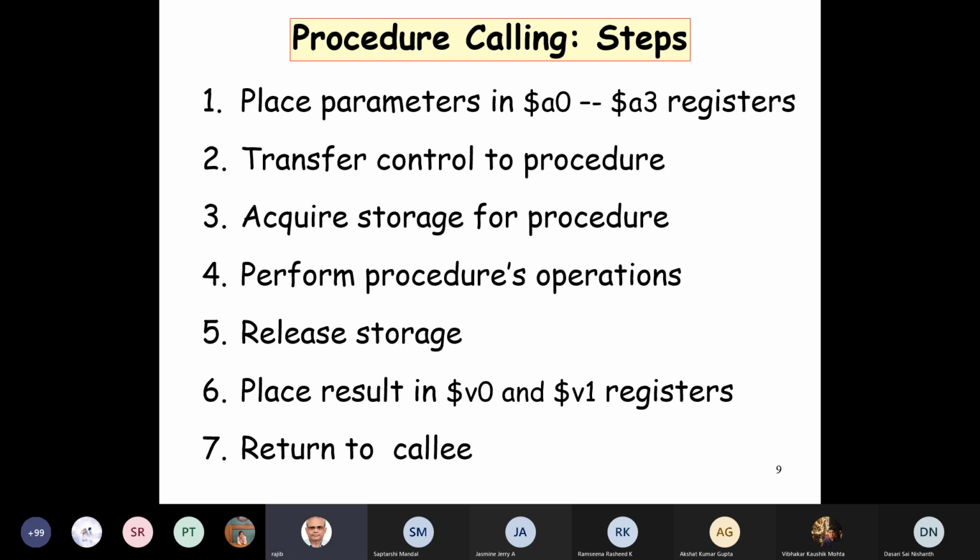And once we have put the parameters, now we can have the instruction jump and link. So first, before procedure calling, we need to prepare. We have to put the parameters in the argument registers. And then we call JAL, jump and link.